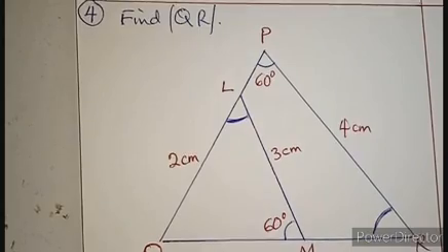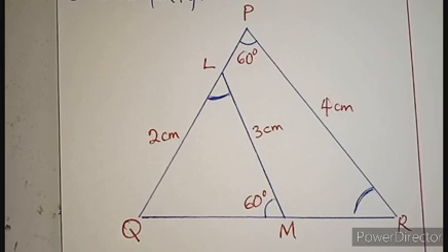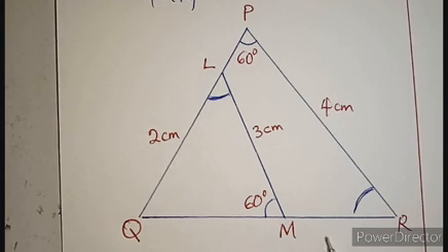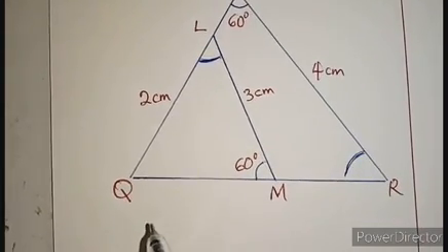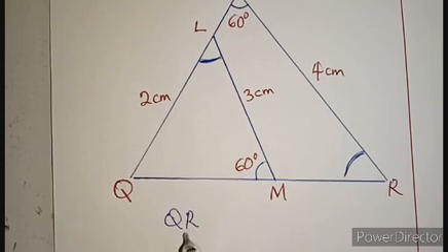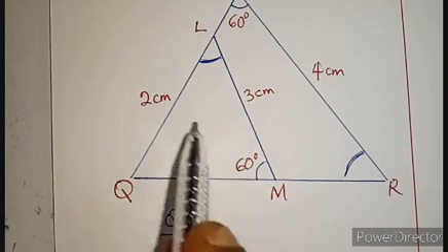Since I'm looking for QR, I'll go straight to QR and try to see where QR is taken from. QR is a complete line. QR is a whole line of the bigger triangle, and that line is facing angle 60. So I'll simply write my QR, that is facing 60 in the bigger one. What is facing 60 in the smaller one? Tell me. 60, that is 2,